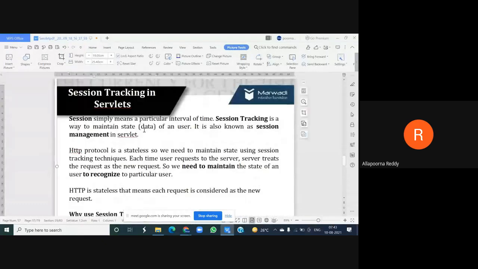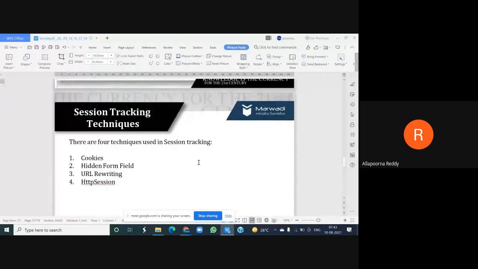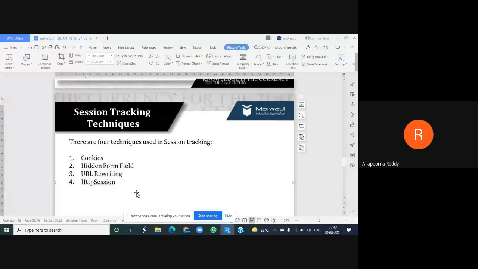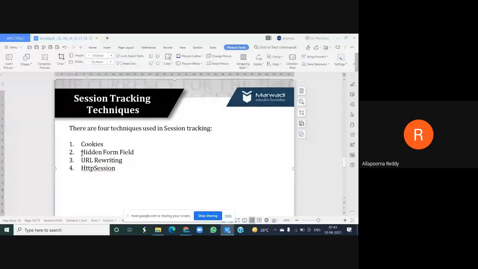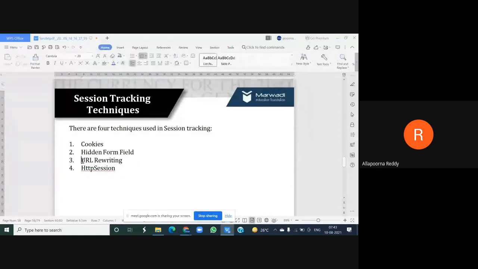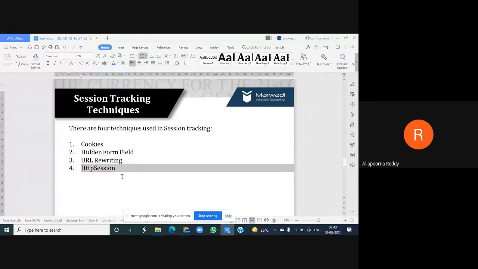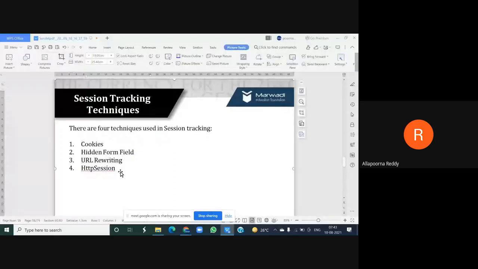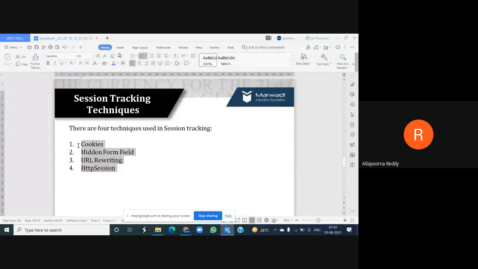To maintain this session tracking or session management, we have 4 techniques in use. Number 1 is cookies, number 2 is hidden form field, number 3 is URL rewriting, and number 4 is HTTP session. These 4 methods, or 4 techniques which I have defined, are used for what purpose?